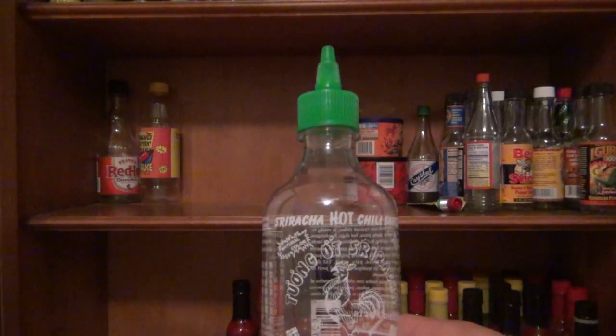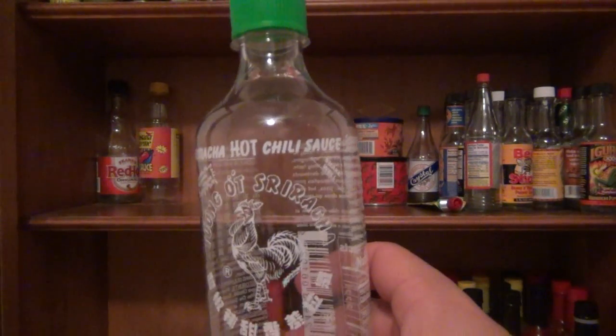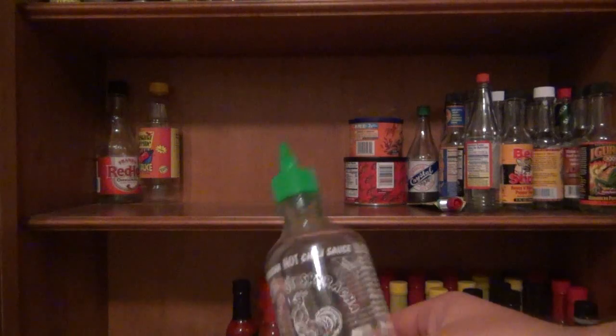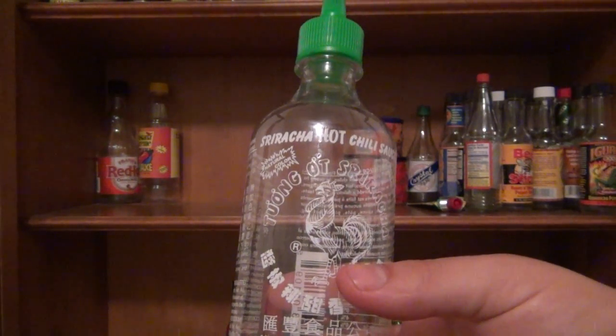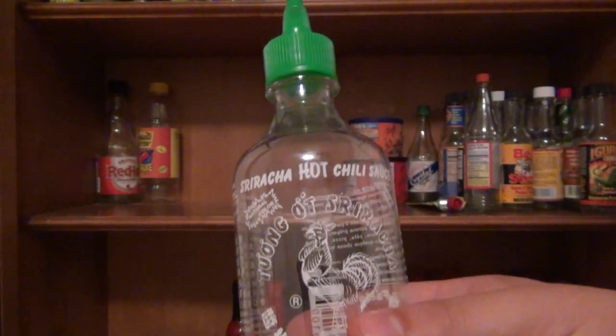Okay, Sriracha hot sauce, also known as you-know-what. If you don't know what, don't worry about it. But good stuff. Went through a whole bottle of it. Tex Grebner. He's the one who turned me on to this when I first started doing hot sauce videos. And he happened to mention that I sucked at life,